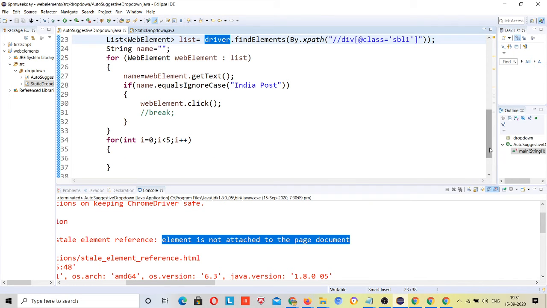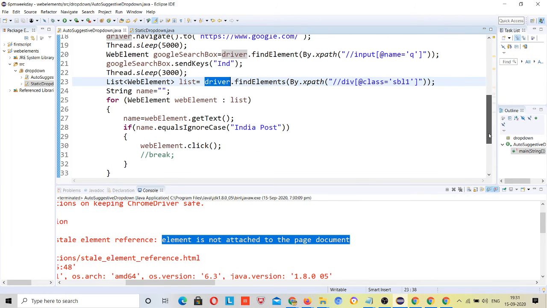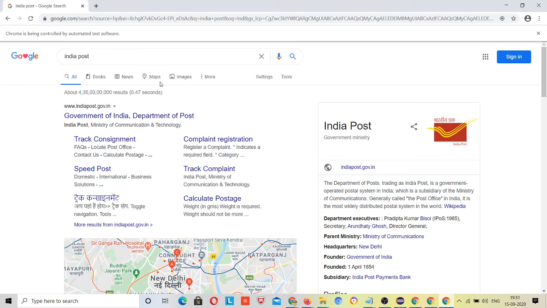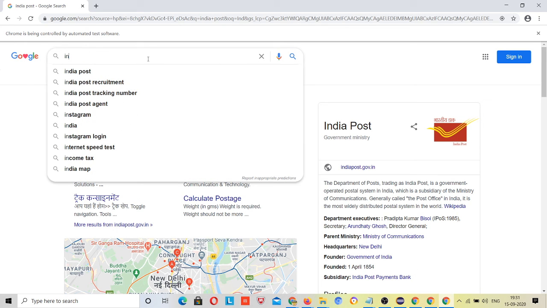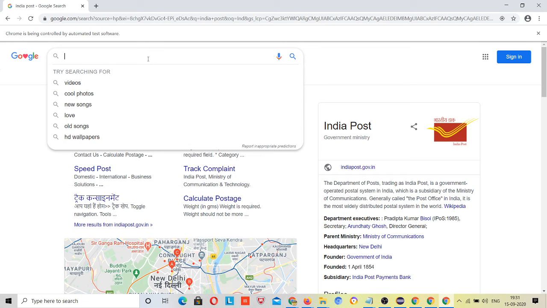The second thing which I skipped at that time, I was saying that it may click on that first element also. Suppose I and D, it may click on this because I have searched, that's why it's suggesting at first page.